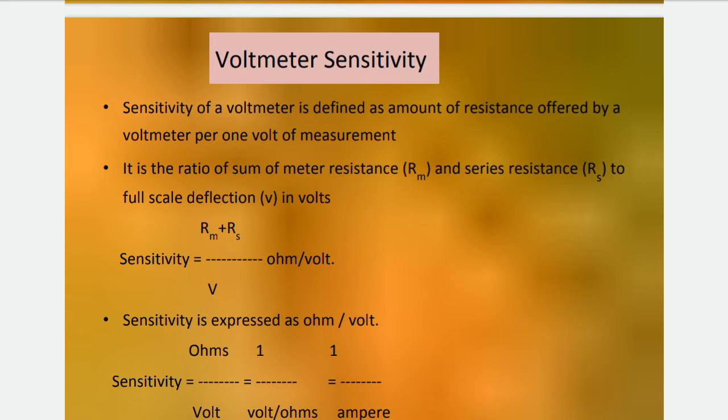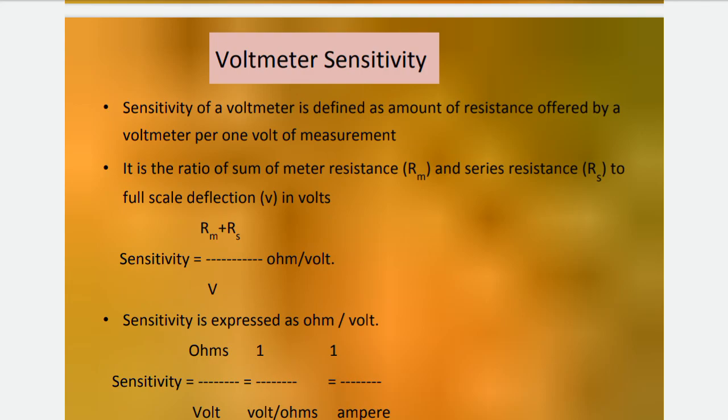The voltmeter is always connected across the 2 points between which the potential difference is to be measured. If a high sensitivity voltmeter is connected across a low resistance, as the voltmeter resistance is high, most of the current will pass through the low resistance and will produce the voltage drop, which will be nothing but